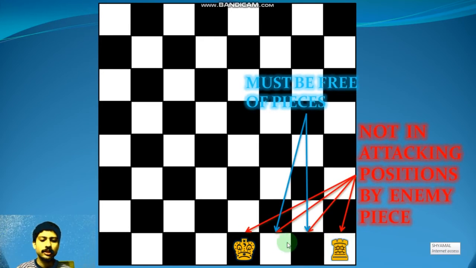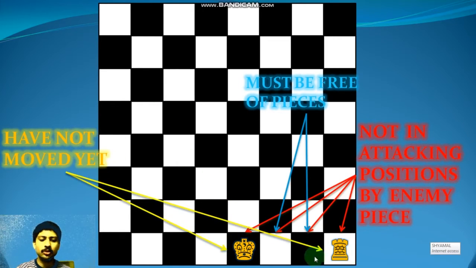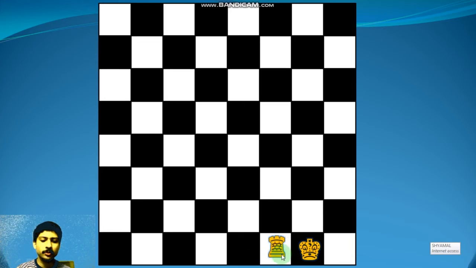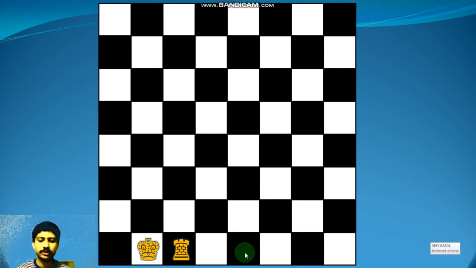None of the four positions will be under attack by an opponent's piece, and these two pieces have not moved yet. Okay, then we can move the king and rook like this, or like this. Both are possible. Here the four positions and here the five positions. Okay,